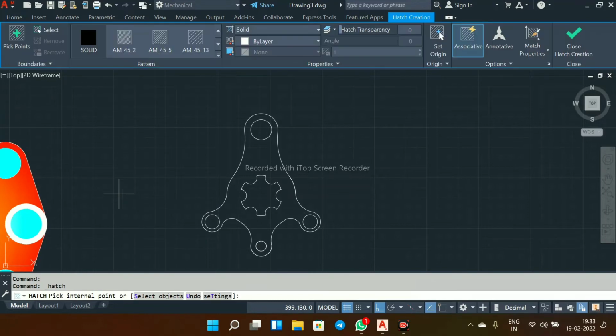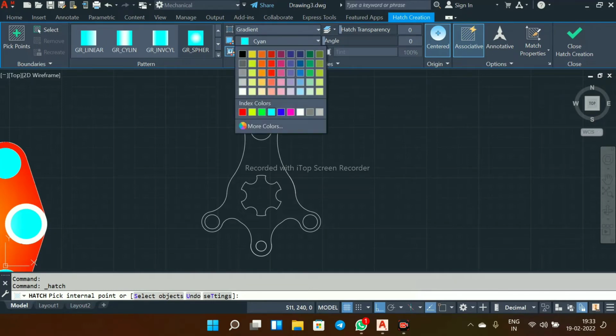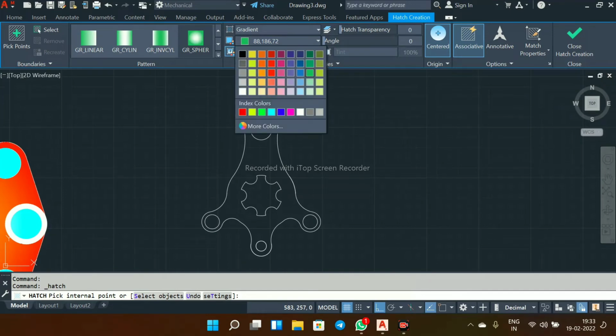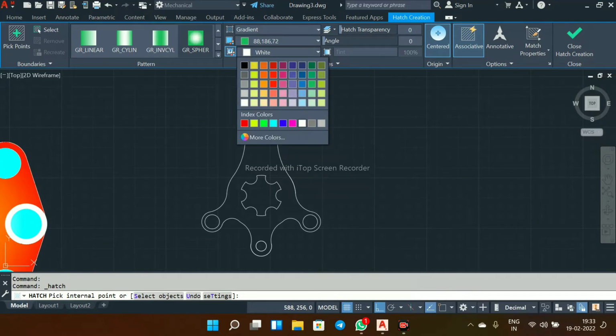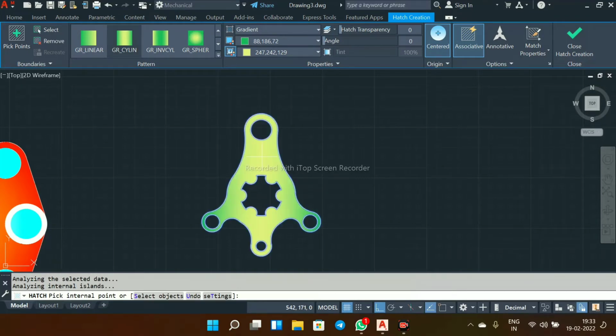Hatch, select here gradient, select this green color, select this cylindrical portion, this cylindrical pattern type, like this, and close it.